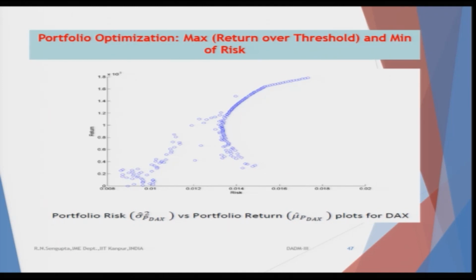Then if I am doing it for the DAX, if I plot the risk return profile, risk being along the x axis and return being along the y axis, I have the graph as it is given. So, these are the graphs, and these are the simulation values. They are coming out to be quite nice with respect to the actual theoretical values. So, theoretical values are this. I am just drawing them apart in order to make you understand how the shape would look.